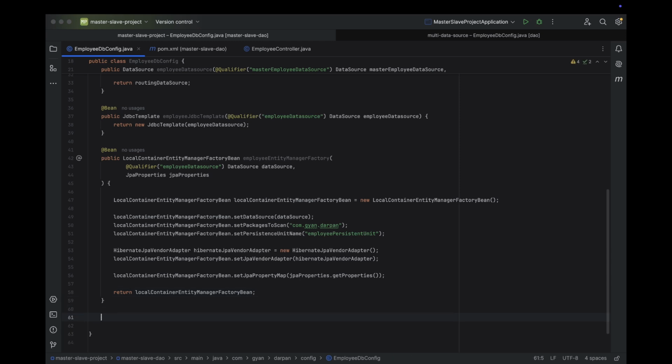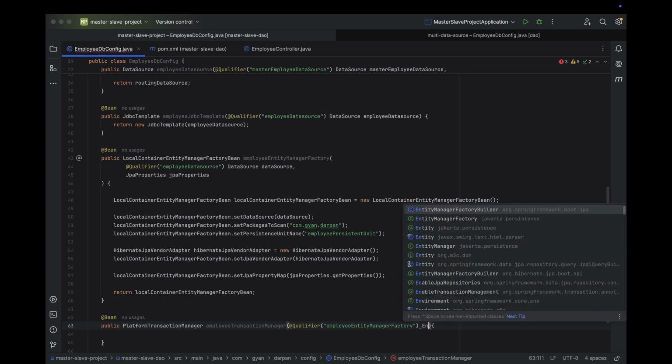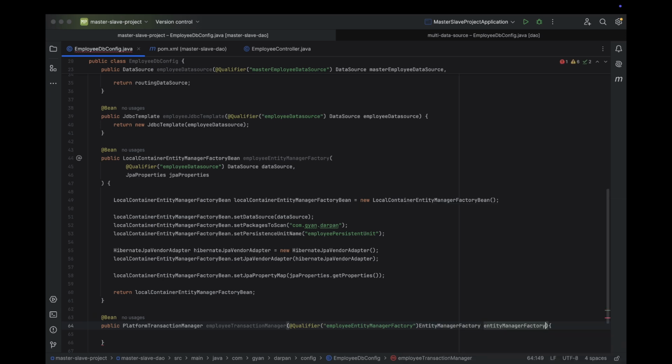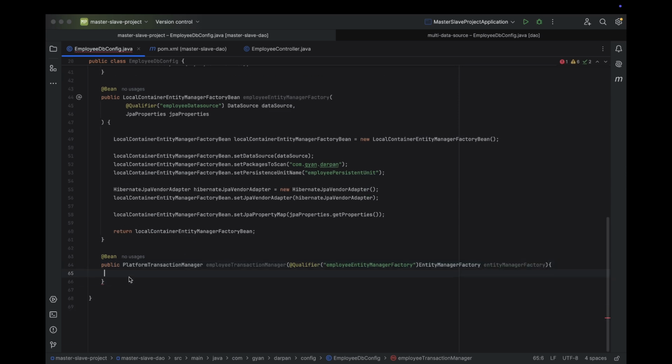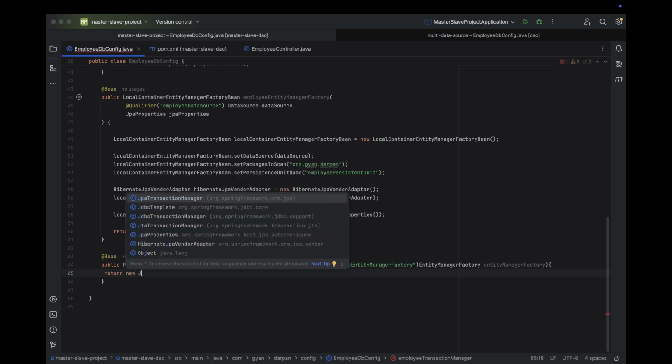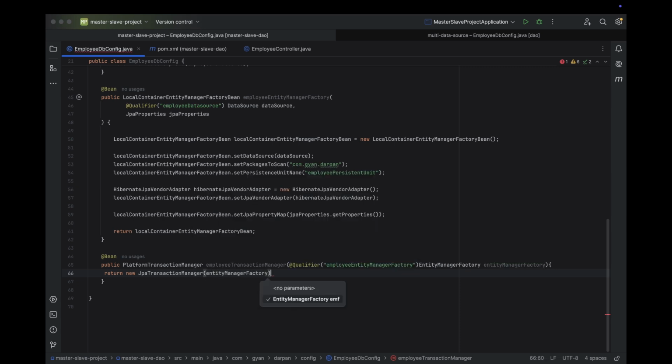Alright, the next step is to create the transaction manager. Since we're using JPA, we'll create a JPA transaction manager. As you can see,